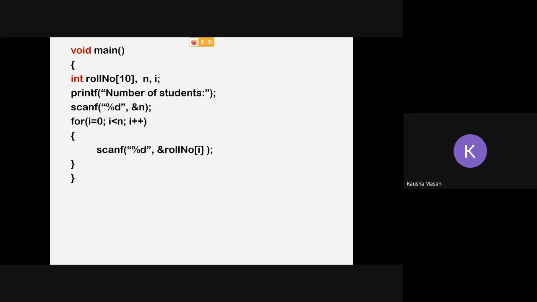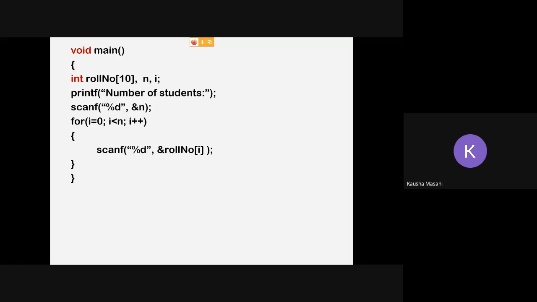So you go and create this particular program, which you can see on the screen. In your program you have taken one array of roll number, and because I told you to keep it between 10 and 15, you took size 10. So integer roll number[10] and two variables n and i. Then, for my ease, you put a printf statement: enter the number of students.